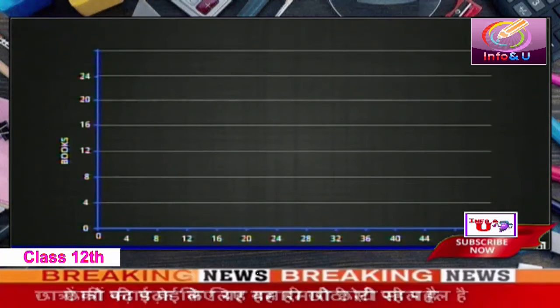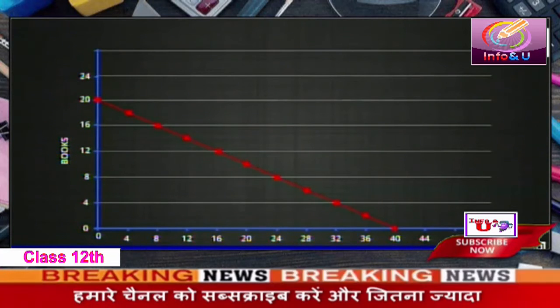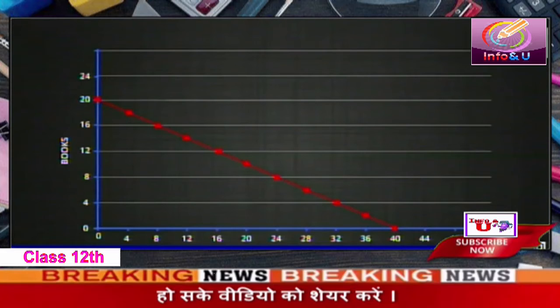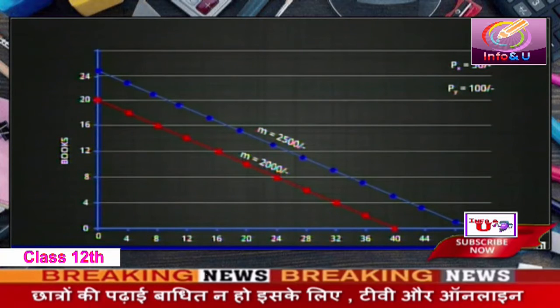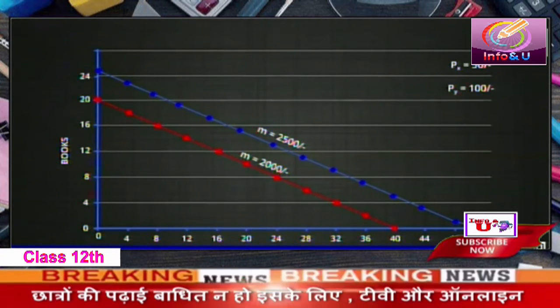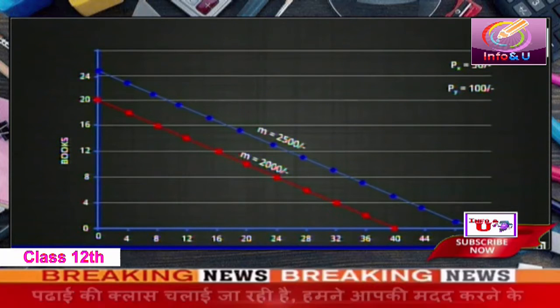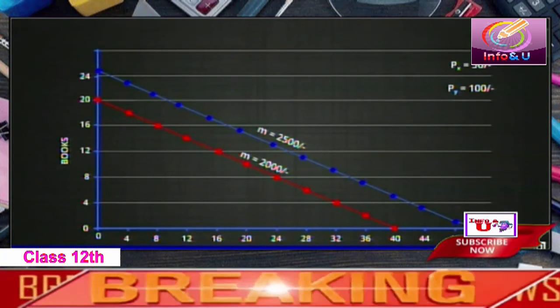The diagram here shows what happens to the budget line if these changes take place. That is, income increases, prices don't change. The budget line shifts out parallel to the old budget line. In this situation, the prices of the two goods haven't changed. So, the slope of the new budget line must be the same as before. Notice, the consumer's budget set is now bigger than before.